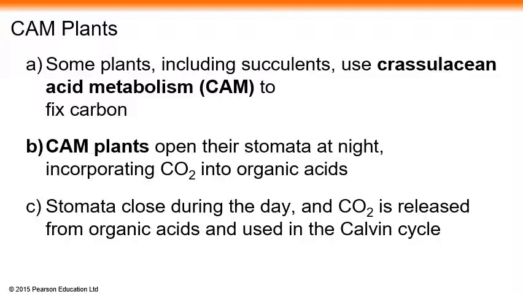When daytime comes, they close the stomata, and that fixed C4 gets broken down into C3 and CO2. That CO2 gets fixed by the Rubisco enzyme in the Calvin cycle to produce sugar in the daytime with stomata